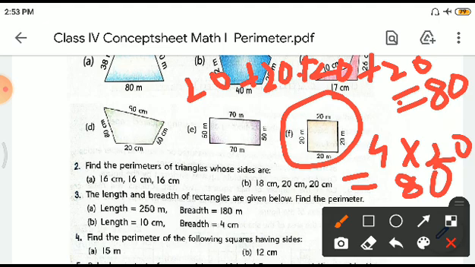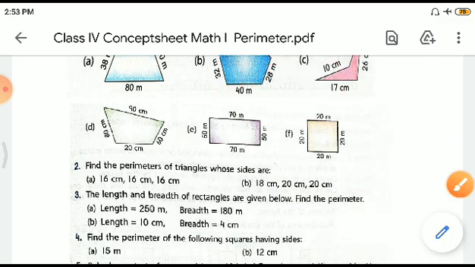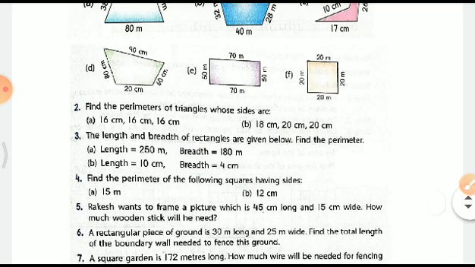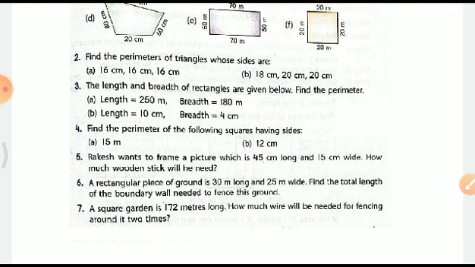Right? Okay. Similarly, it is for the rectangle also. See, opposite sides are the same. So 2 into L plus B. Or if you add all the four sides, even then the answer will be same. So L plus B is coming out to be 120 and twice of that will be 240. Okay. Now in these next questions, from third onwards, you will be putting up the formulas to do.